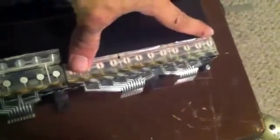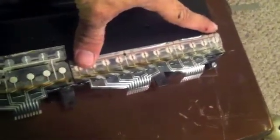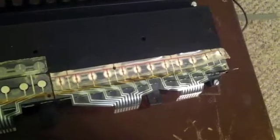So what I did was I got my wife's blow dryer and heated up this surface, because when you open it you'll see it's like this. And if you look very closely, it actually peels up like that. But I recommend heating this surface up for about 60 seconds or a minute and a half with a blow dryer first. It makes it easier to peel